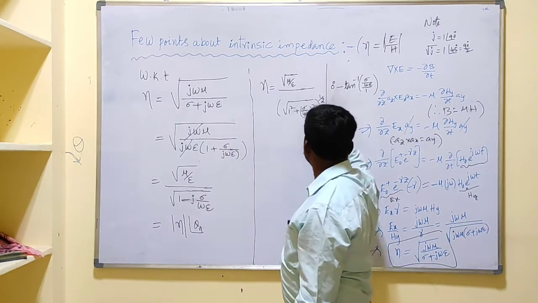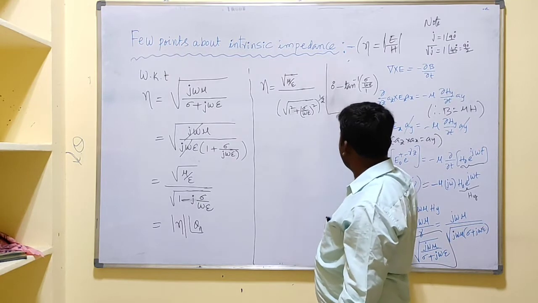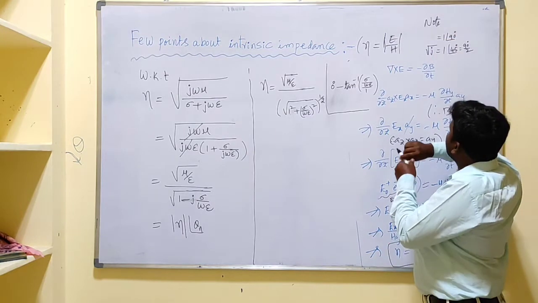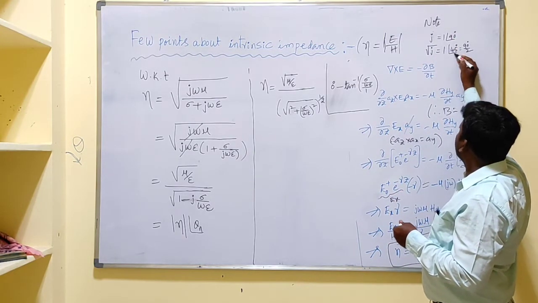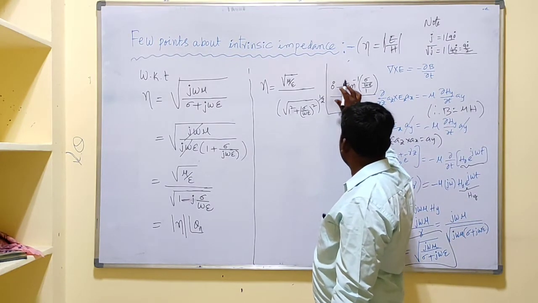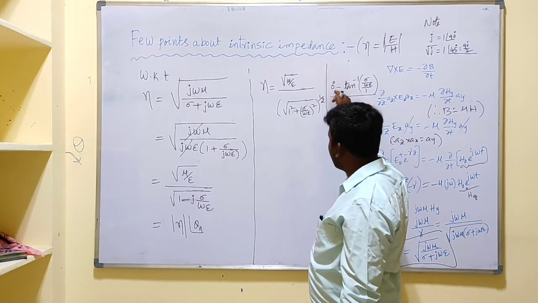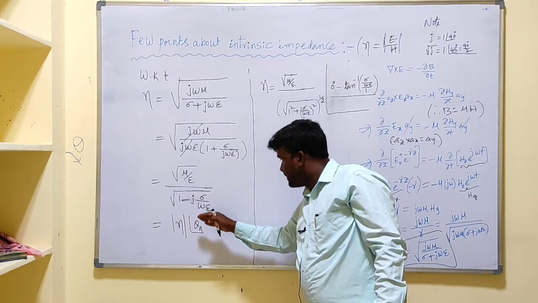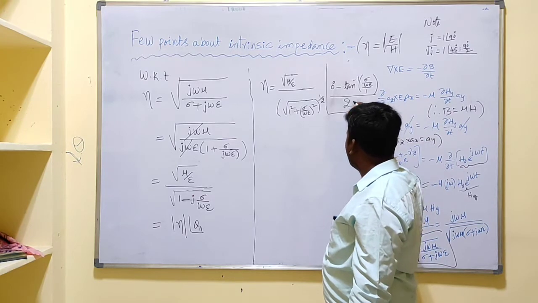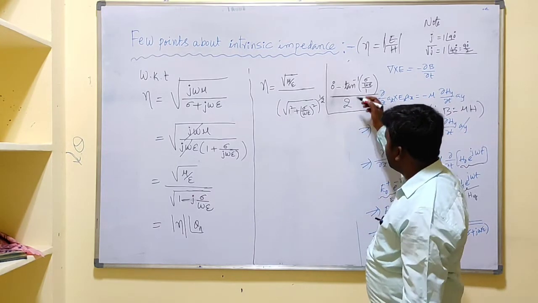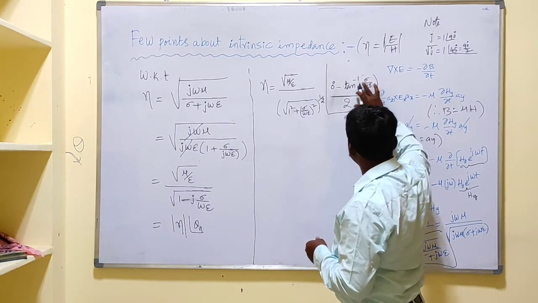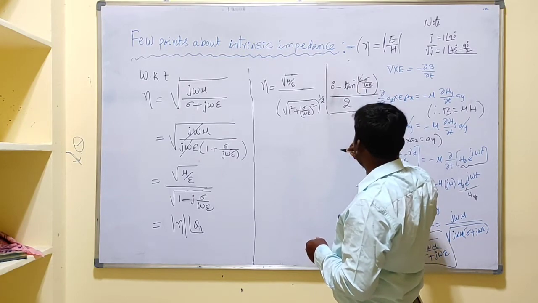Imaginary is tan inverse of imaginary by real, that is like this. But we have whole root, means for this one, for the j, the angle is 90 degrees. For root j the angle is 45 degrees, means 90 degrees by 2. So that's why here the angle contribution is tan inverse of, okay, I forgot to write, the angle contributed by the numerator is 0 as it is in the denominator, 0 minus whole angle, that is tan inverse of sigma by omega epsilon by 1 whole divided by 2. So finally here I forgot one thing, that is the tan inverse of imaginary. What is imaginary? Minus sigma by omega epsilon by 1.